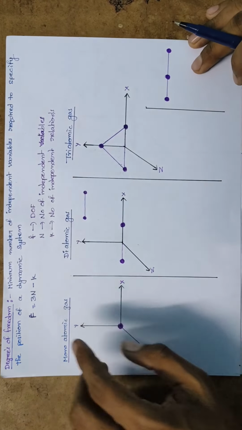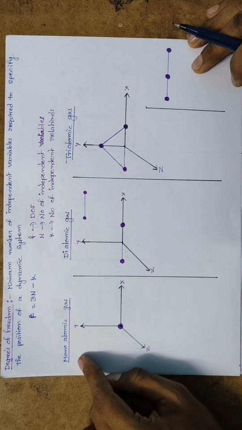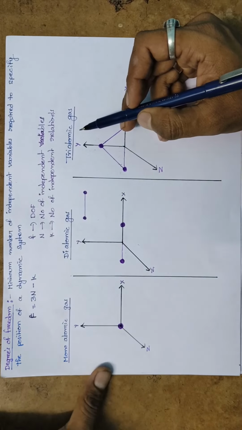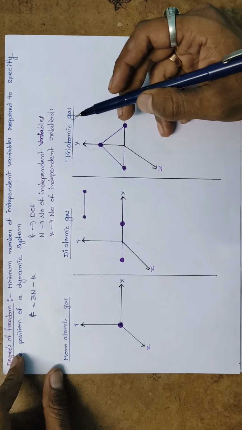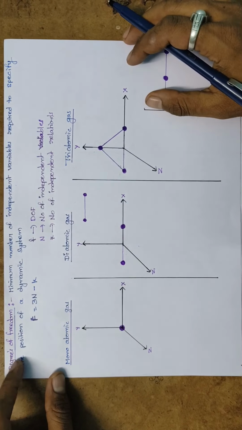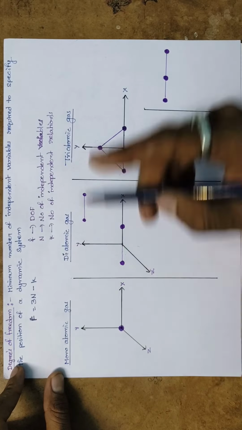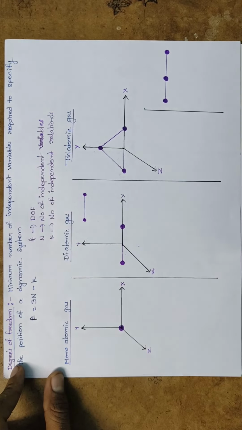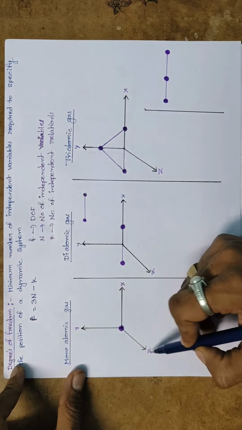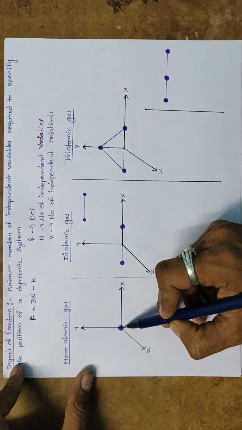Okay, so here we will discuss three types of gas molecules. First one is monoatomic, second one is diatomic, and third one is triatomic gas molecule. We will discuss one by one. So coming to the first one, monoatomic gas molecule. By seeing this easily we can understand monoatomic means it's a single particle system, isn't it? So look at here, this is the three-dimensional space x, y, z, and there is a monoparticle which is located exactly at the origin.